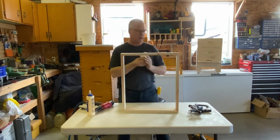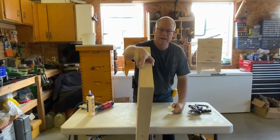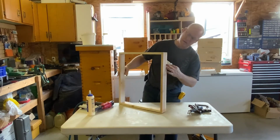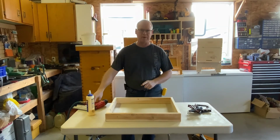Not too much, not too little, just kind of a nice squeeze out of glue, if you can see that. Excellent. All right, I was going to clamp it, but I'm going to cut the piece of plywood right away,